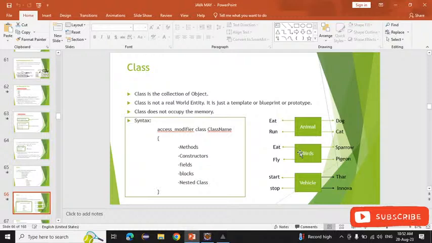Before that we will simply learn the definition. What is meant by class? Class is a collection of objects. Another thing is that class is just a template or blueprint or prototype, and it does not exist in the real world. It is just a prototype, a template, a blueprint. If we talk about the animal,